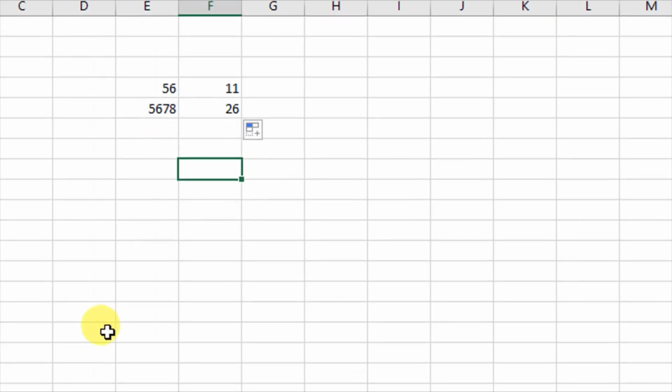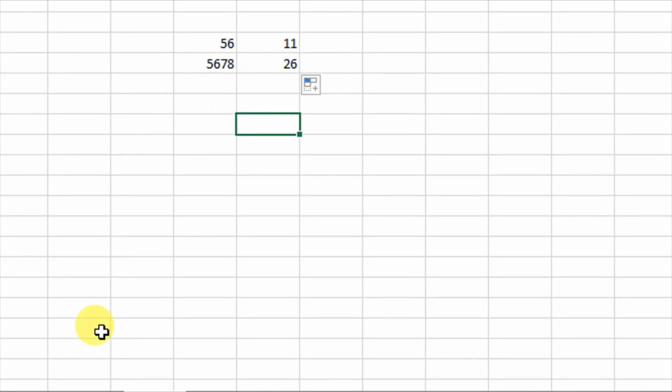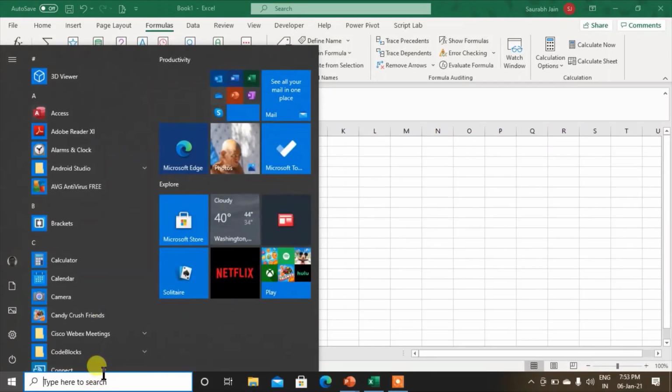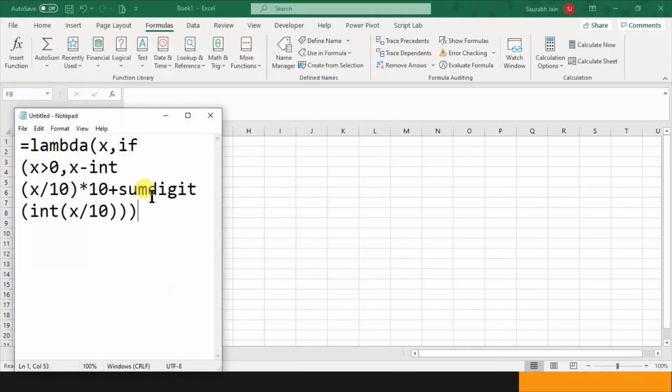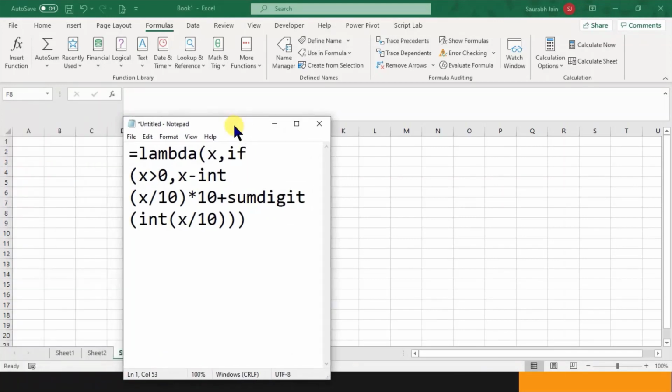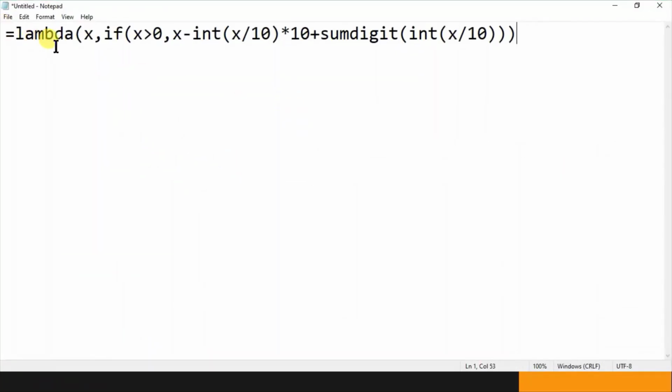Let me recall this integer function again by opening the notepad to walk you through the logic again. So we have this lambda x, if x is greater than 0, x minus integer of x by 10 into 10, like 123 minus 120, plus sum digit of int of x by 10. So whenever it is 123, it will send 12, then it will send 1, and it will keep doing it for you. Fine. So this is how we can use the lambda